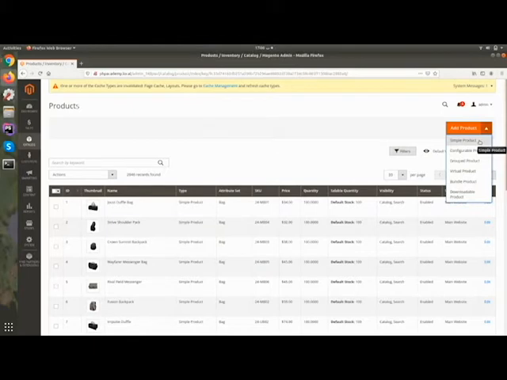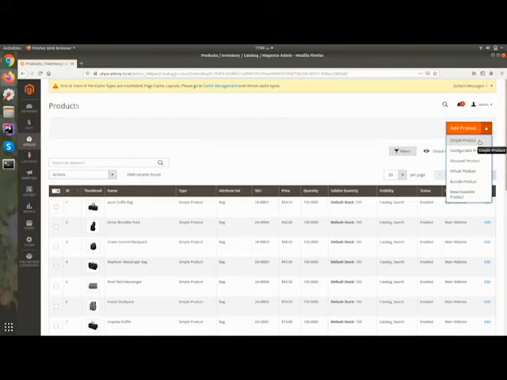You can create it as a simple product as well, and add custom options there. But the difference is that if you create custom options in a simple product, then you will not be able to manage the inventory for each variant. Suppose you have a quantity of 100 for the small size t-shirt and a quantity of 50 for the large size t-shirt.